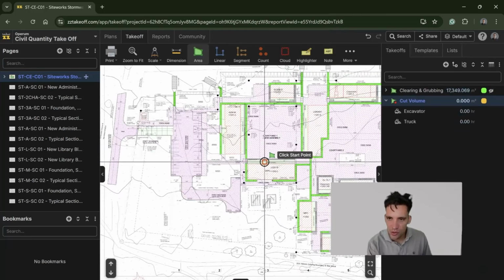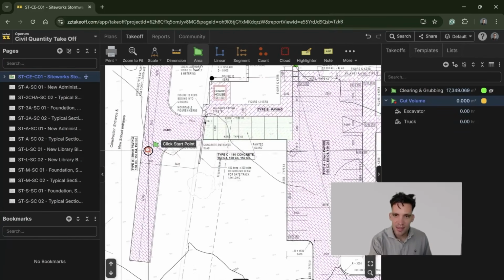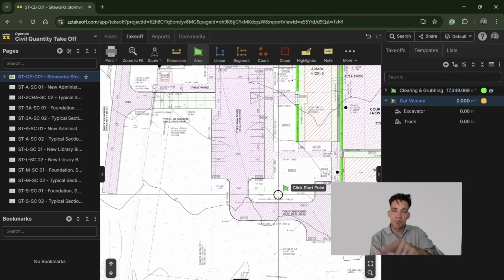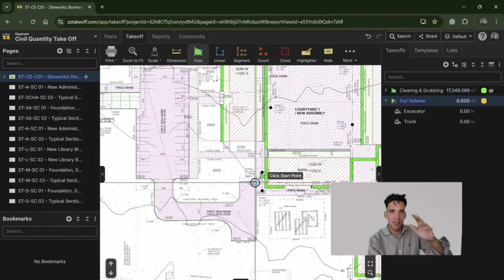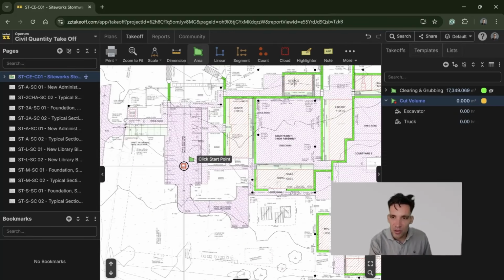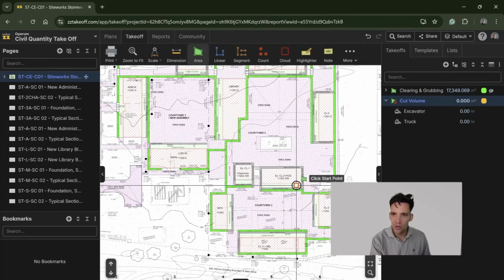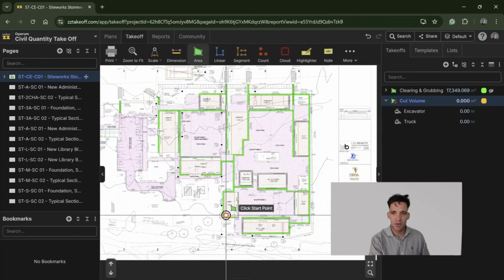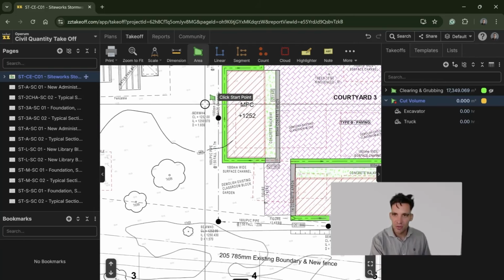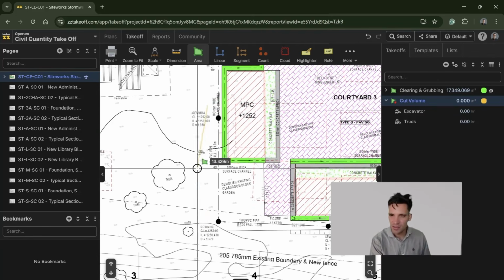And again, super, super simple. If there were big differences in heights between these points, and there's not on this set of drawings, the way you would do this is measure between the contour lines and work out the different depths for the different contours. But because there was almost no difference between the measurements,